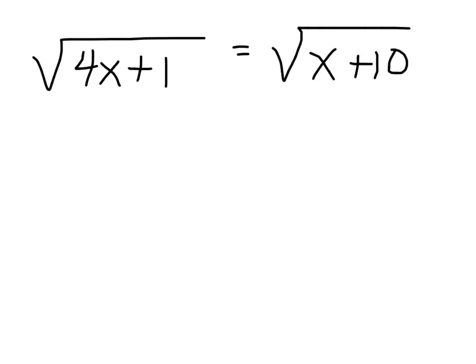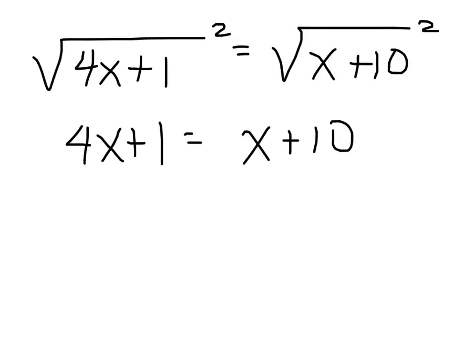Again, for this particular thing, if there was anything on the outside or anything like that, we'd still have to FOIL. But when there's only one square root on the left and one square root on the right, square both sides, guess what that does? So that cancels out. What do I have left? 4x plus 1 equals